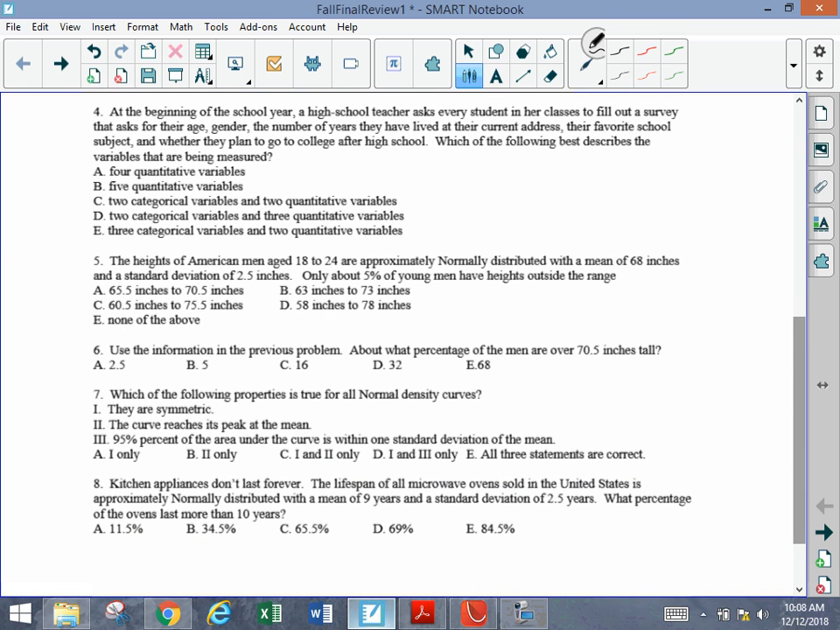A high school teacher is asking classes to fill out a survey: their age, gender, the number of years they have lived, their current address, their favorite school subject, and whether they plan to go to college. Which of the following best describes the variables that are being